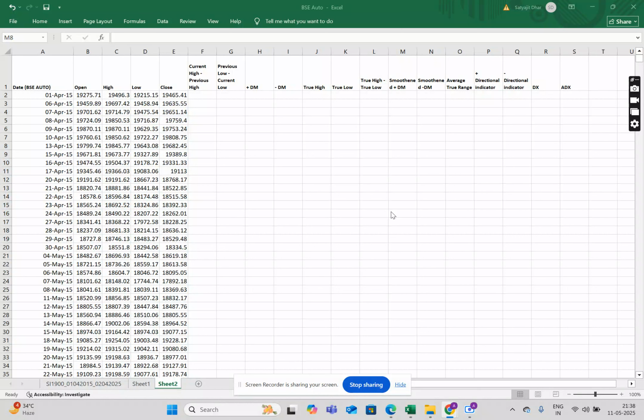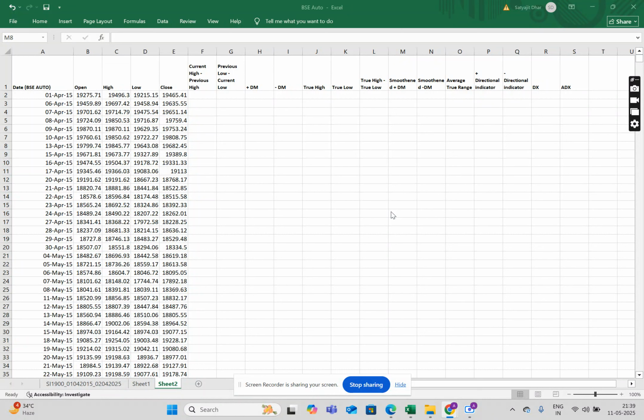Suppose there is a rising trend. Suppose there is a falling trend. We can't understand that from here, okay? However, we can understand whether the trend is going to persist or not. How strong is that trend? Is the trend very strong or is the trend very weak? We can understand that from the average directional index. It might seem a little tricky at first, but I have all the formulas right in front of you and we can do it very easily.